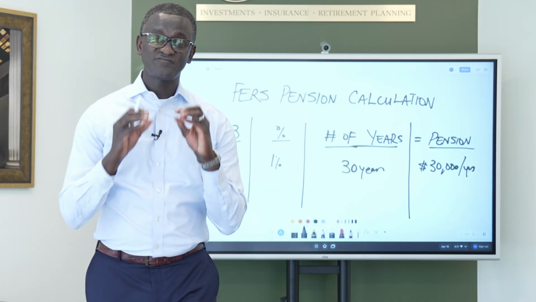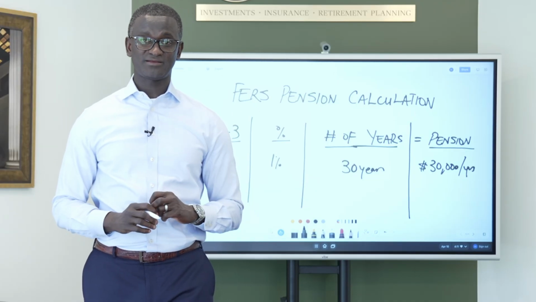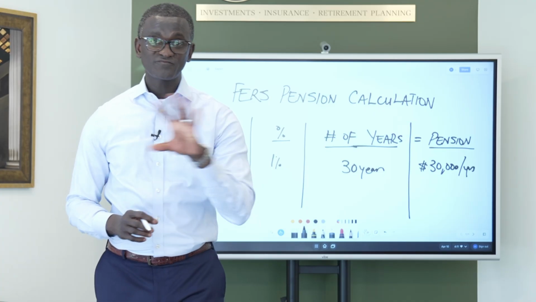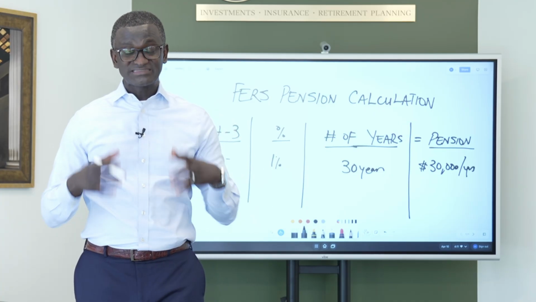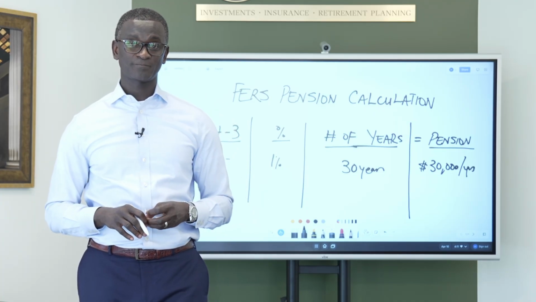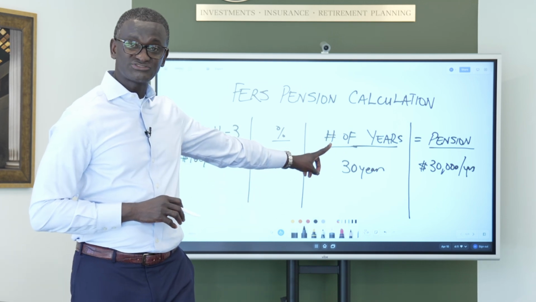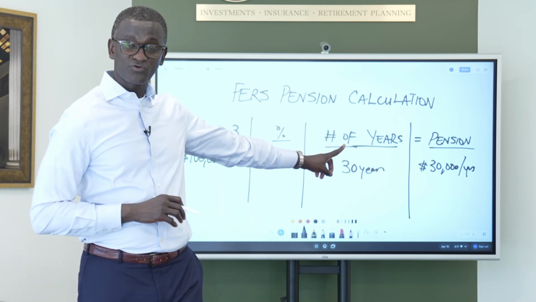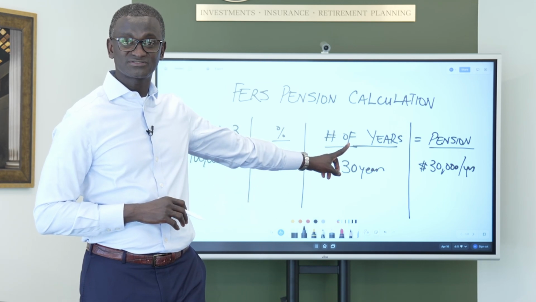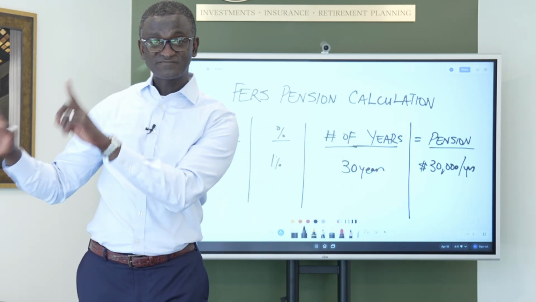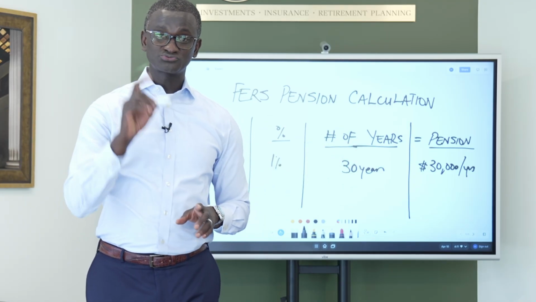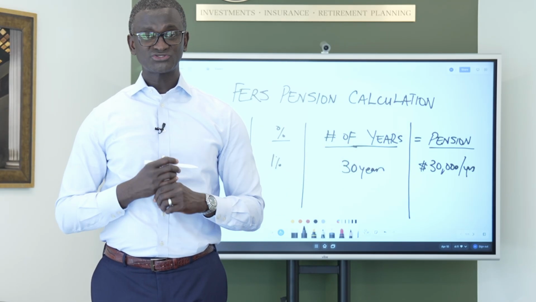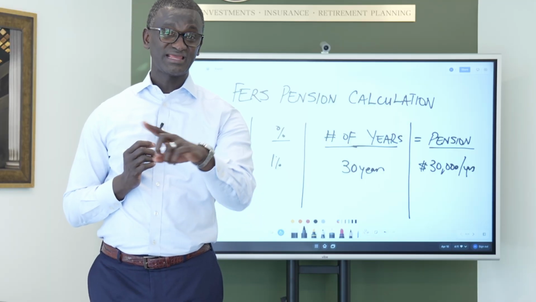I always tell them that if you and your friend both work for the federal government, and both of you need about $50,000 in retirement to enjoy a profound retirement, well, your $30,000 is already done with your pension. You have to worry about what? The $20,000 difference. They have to worry about taking $50,000 out of their portfolio. So right there, you put yourself in a much, much better situation. So that's why a pension is a great thing.